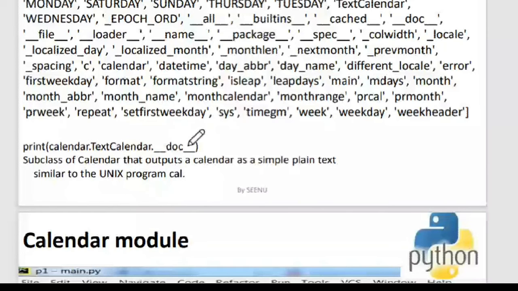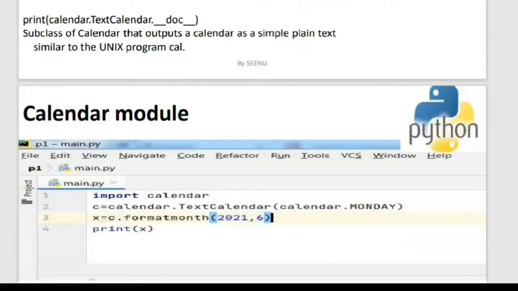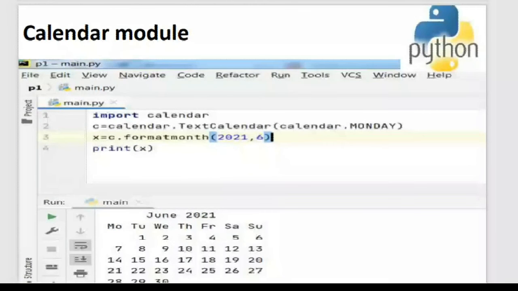Sometimes you may want the description of a method because there are so many methods here. They might look confusing, because I have month here and also next month here, and things like month length and localized month. So certain things are confusing to us, and if you want to know exactly what the description of a method is, you can use doc strings to retrieve it. So for inbuilt module methods, if you want to know the description, you can use doc strings.